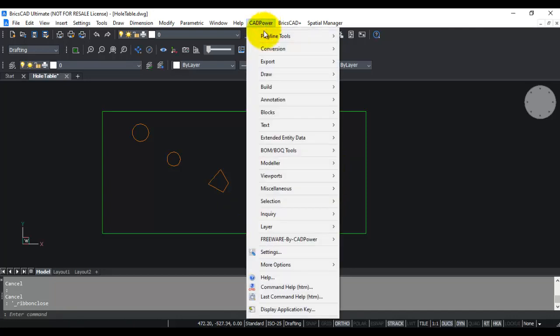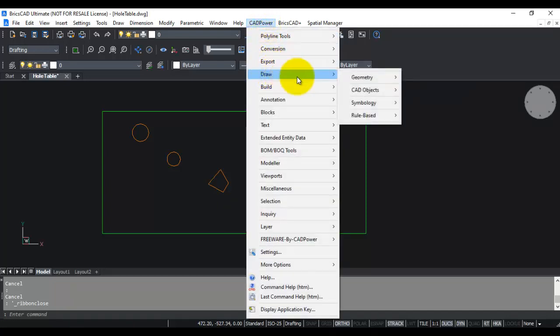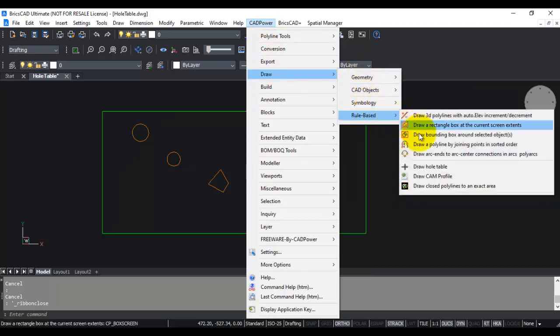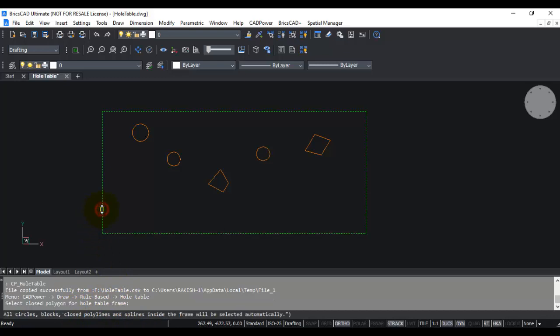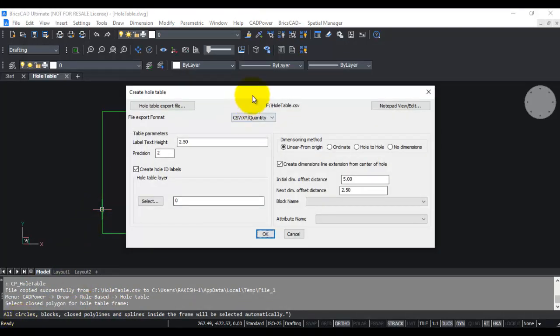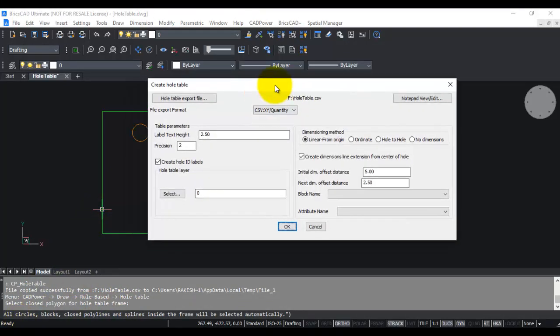Using CAD Power, you can create the whole table from the draw menu. Under rule based, you can see there is a command here called draw whole table. You can access it from the command line also by typing cp_whole table. The first question it asks is select closed polyline for whole table frame. So I'm going to select this as my whole table frame, and now I'm presented with a dialog box